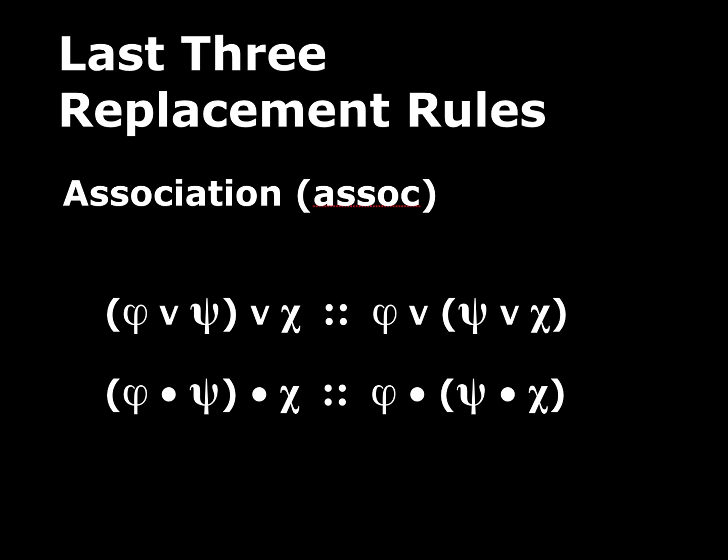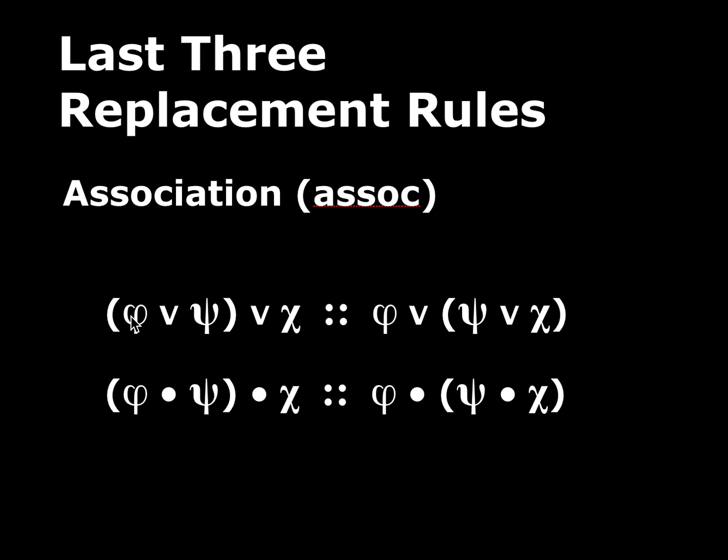Finally, association. There's a version for disjunctions and a version for conjunctions. Let's look at disjunctions first. If you look at this, it's essentially 3 disjuncts in a row, phi or psi, and then that whole disjunction, or chi. And this middle disjunct is grouped with the first one, and the third one is kind of by itself. Okay? What association says is if you have that, 3 disjuncts, the middle one is